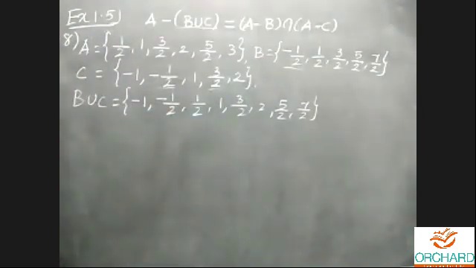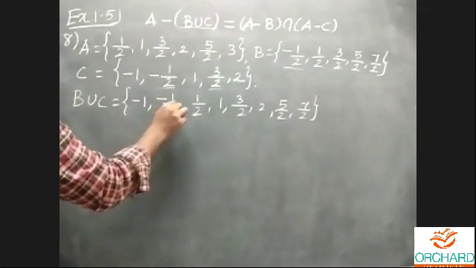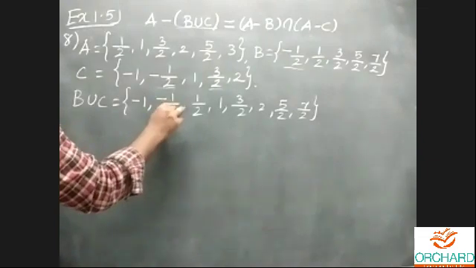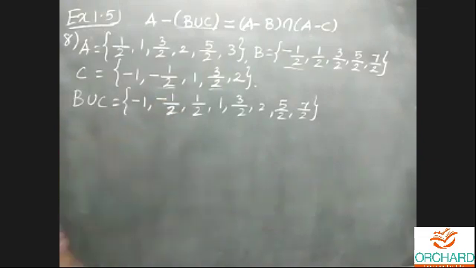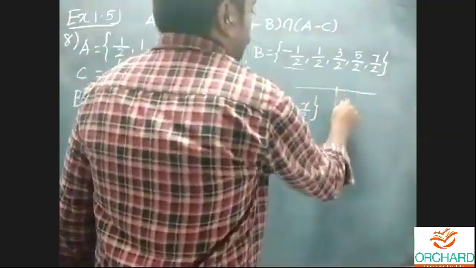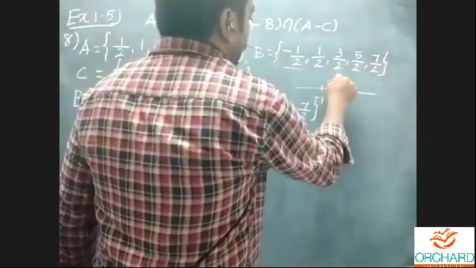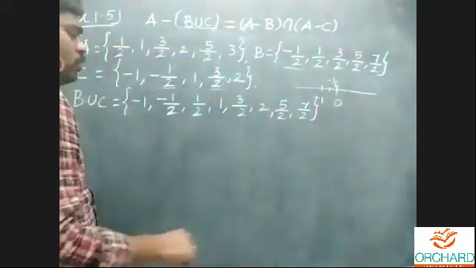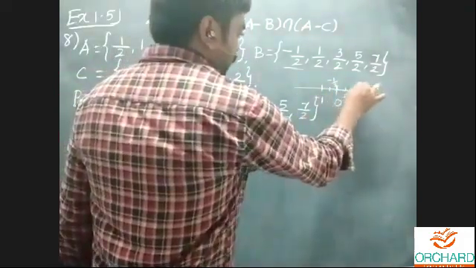Okay, next one is minus 1 by 2. Oh, there is a number line, right? Okay, correct only. This is correct. Minus 1. Refer the number line. That minus 1 is in between 0 and 1 only. And it's correct only. Next 1 by 2, and next this is 1.